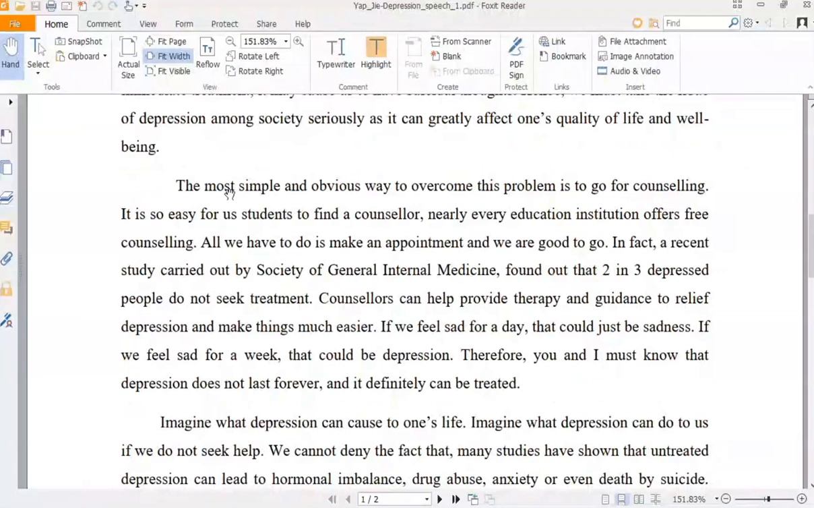So now you present your solution. The most simple and obvious way to overcome this problem is to go for counseling. It's so easy for us students to find a counselor. Nearly every education institution offers free counseling. All we have to do is to make an appointment and we are good to go. In fact, a recent study carried out, can you see now? There is a